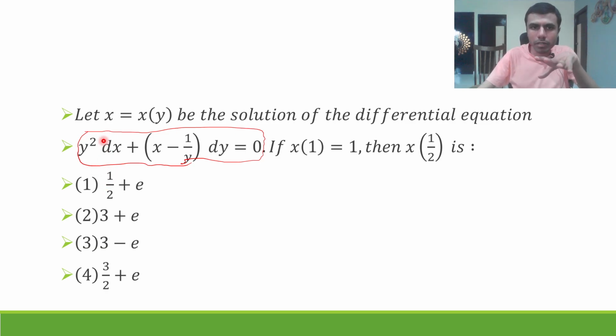Now observe this equation carefully. If you see, I have y square and I have 1 by y. But if you see here, x does not have any power. x is linear. It has x power 1. That means there is a very good chance that this is going to be a linear differential equation in